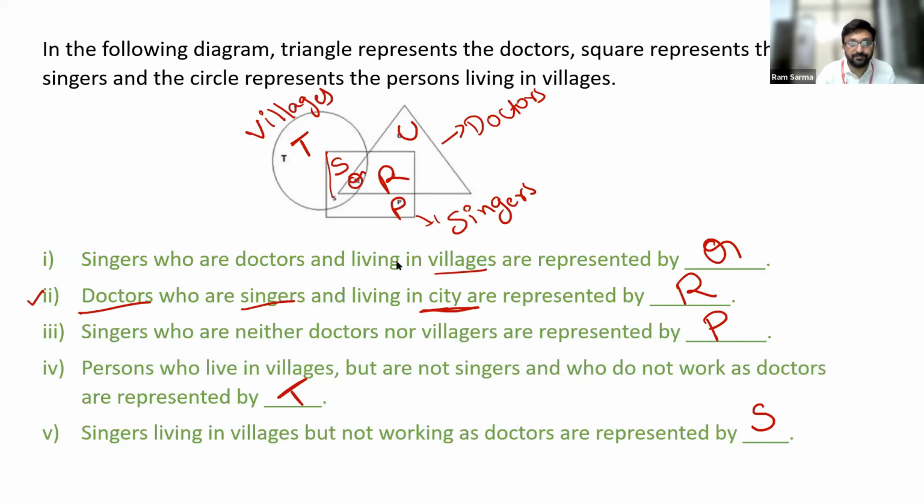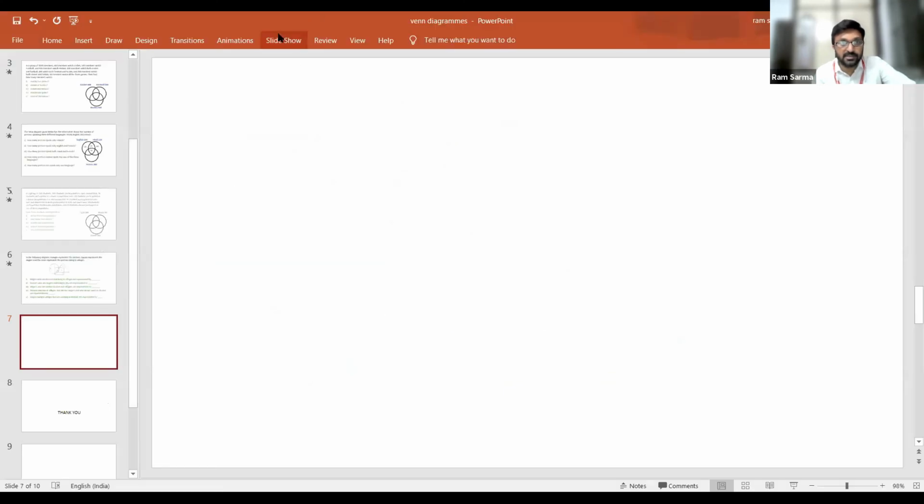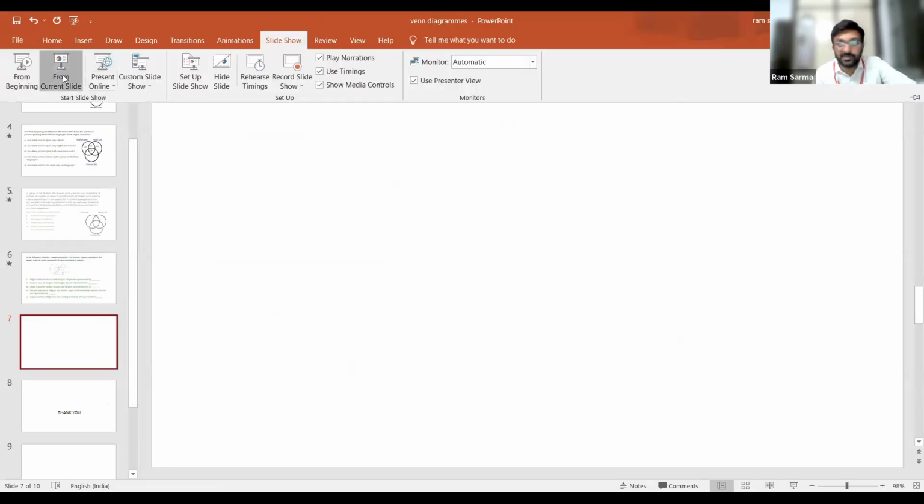Now, guys, just give me a minute. Let me add one more slide here. Let us discuss some more questions. Yes. I'll give you some more questions now. Still, we have 13 minutes. So let's work on this. Now, I will randomly pick three parameters. When these three are represented in a Venn diagram, how it would be.